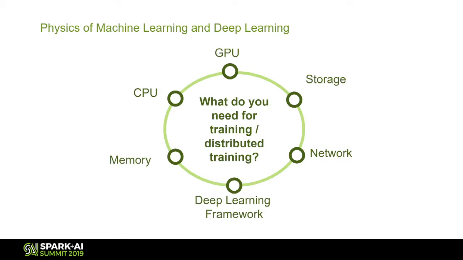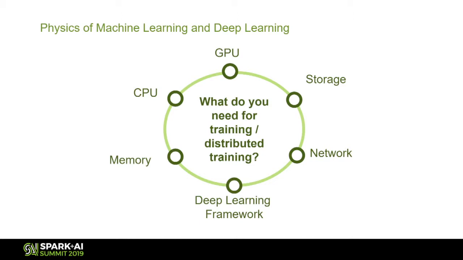Thanks, Hyong. Hi, everyone. So deep learning is about using lots and lots of data and throwing a lot of computing power at it to train models using the data set that's available. If deep learning is done in a distributed manner, then one additional variable that needs to be considered is the communication bandwidth that's available between the processes that are involved in deep learning. So what you see in the slide up there are the core elements that influence the effectiveness of deep learning processes, and specifically distributed deep learning.